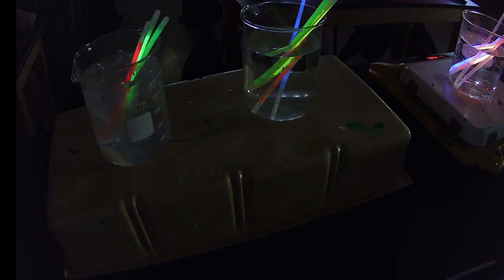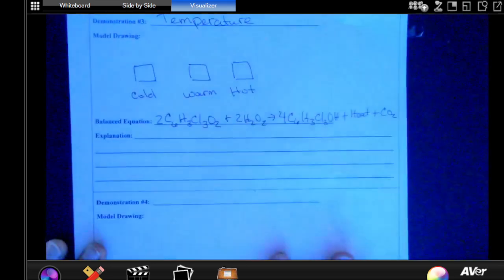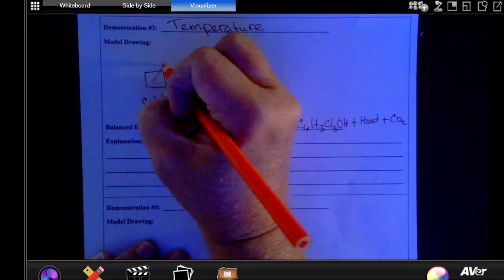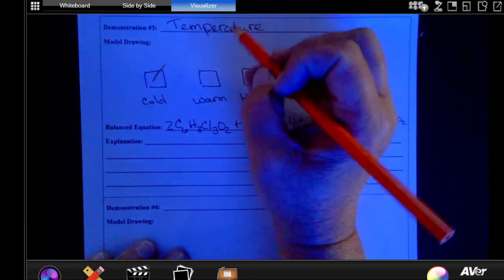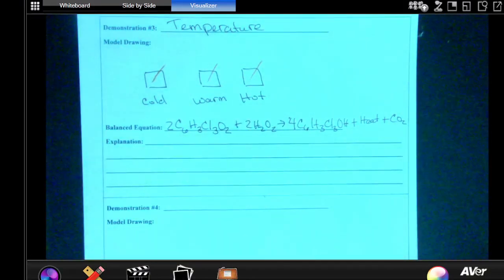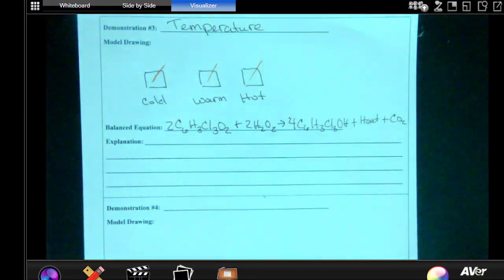Okay? All right, so let's write out what we need to on our paper. So we had our hot and our cold. And you can use whatever color you like to make your wonderful glow sticks, okay? So we're going to put one in the cold. I'm going to use orange. I'm going to put one in the warm and one in the hot. And we're going to turn this on so we can see again